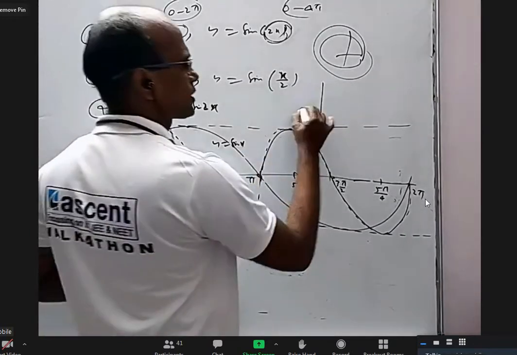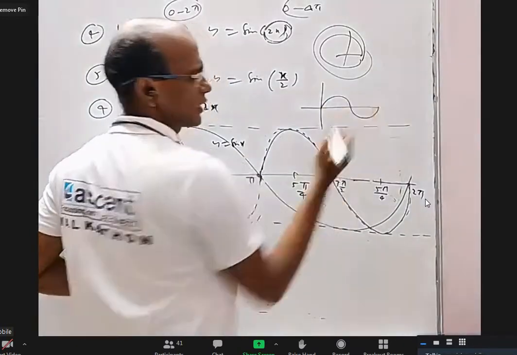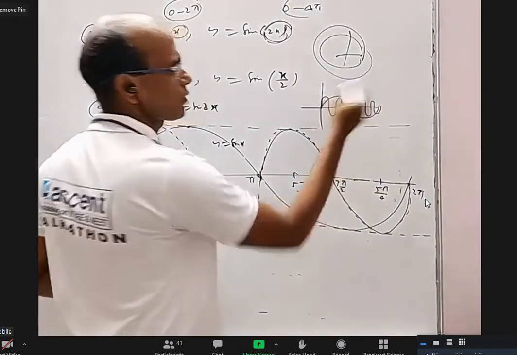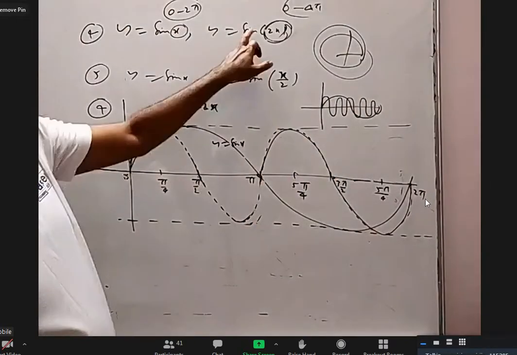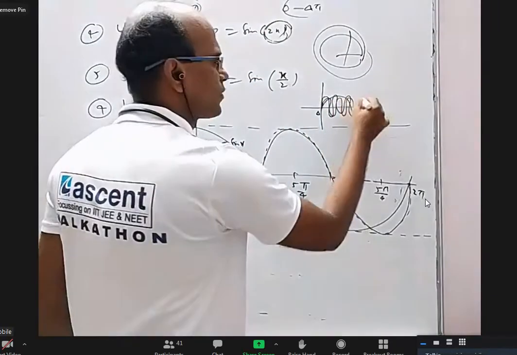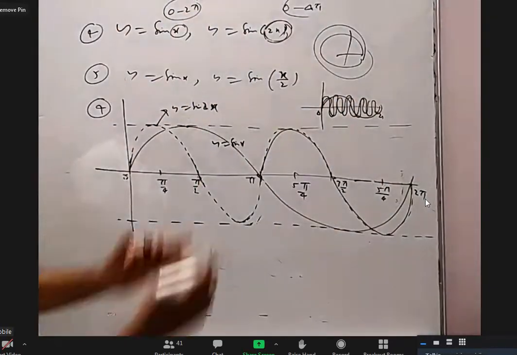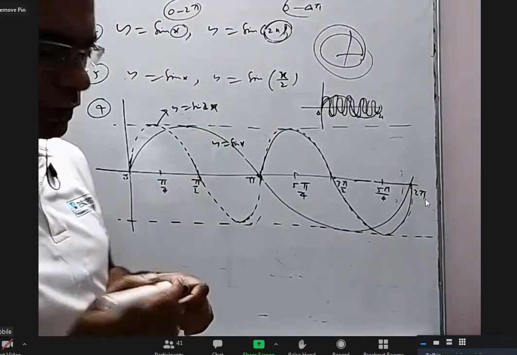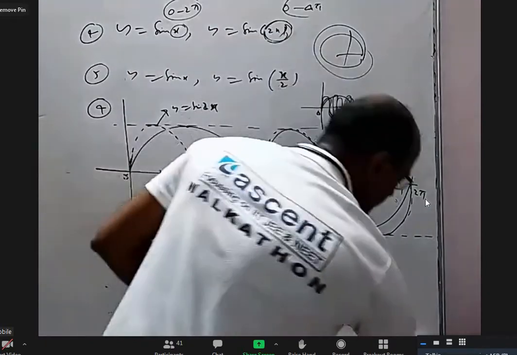So if this is the graph of sin x, sin 5x will be like this, total 5 waves. If I wanted sin 100x, between 0 to 2 pi it will cover 100 waves, more compressed. It is like taking a spring and compressing it. In less place, you can see more waves, right? Yes, sir. Understood.